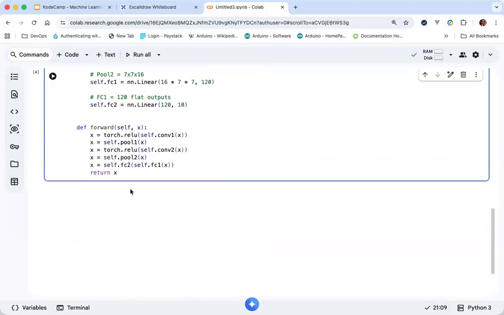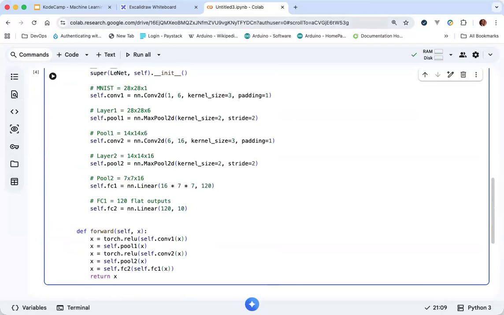Okay. Now, the next thing is training the model. Of course, we have to load data first, and then